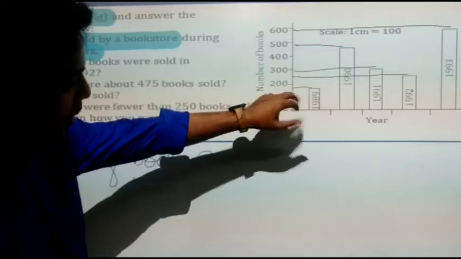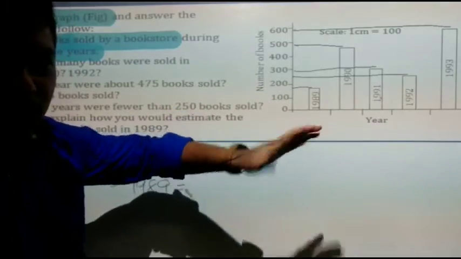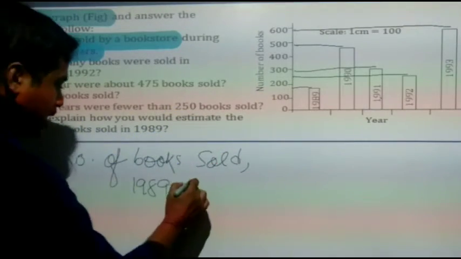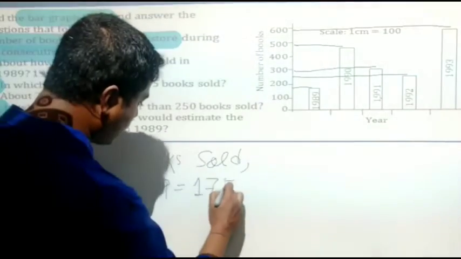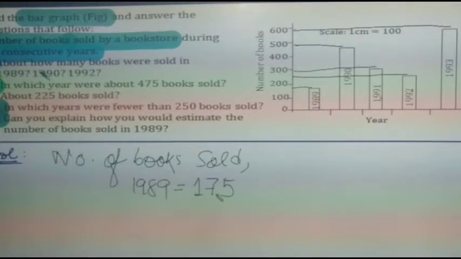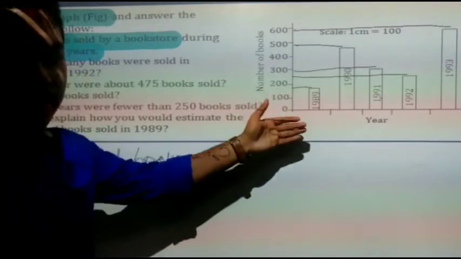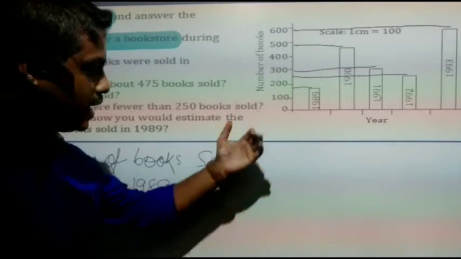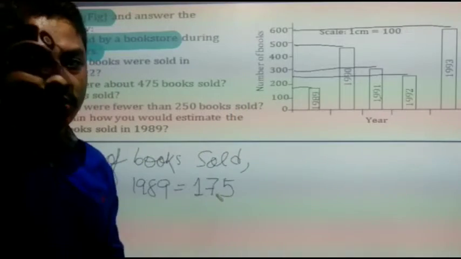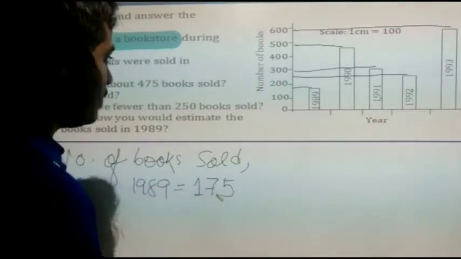So it will be around 175, 180, it will be around there. Okay, we can assume that we'll be adding the number as 175. This is just an assumption, it can be any number. You have to go through the graph, then you can know what will be the exact value. This is just an assumption, not an exact value.